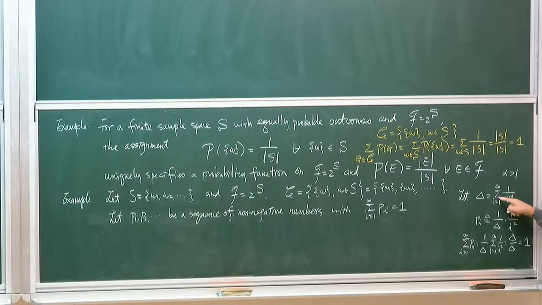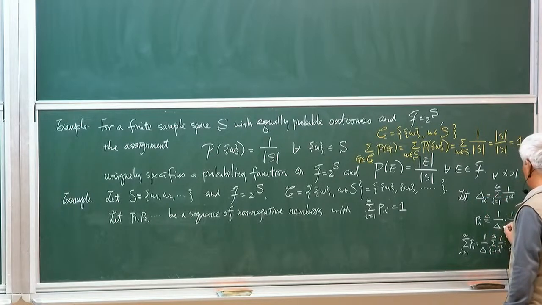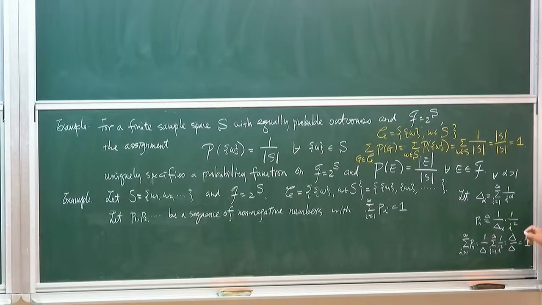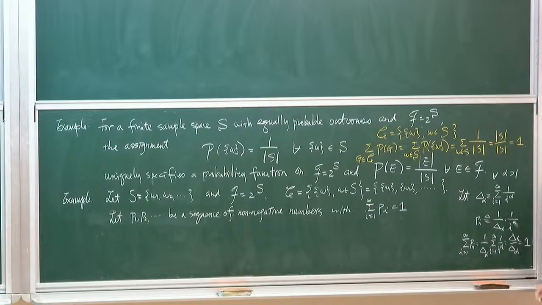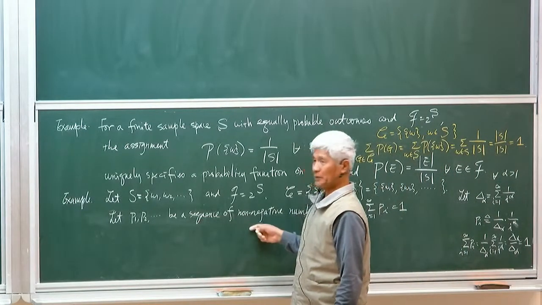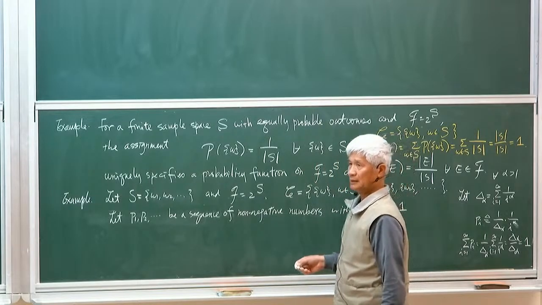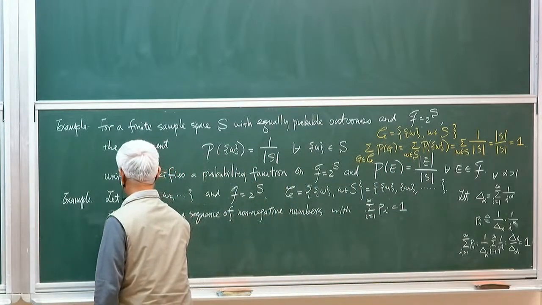So this sequence converges for all alpha greater than 1, and you can define delta alpha here, and still get 1. So you have infinitely many such sequences of non-negative numbers. And now define